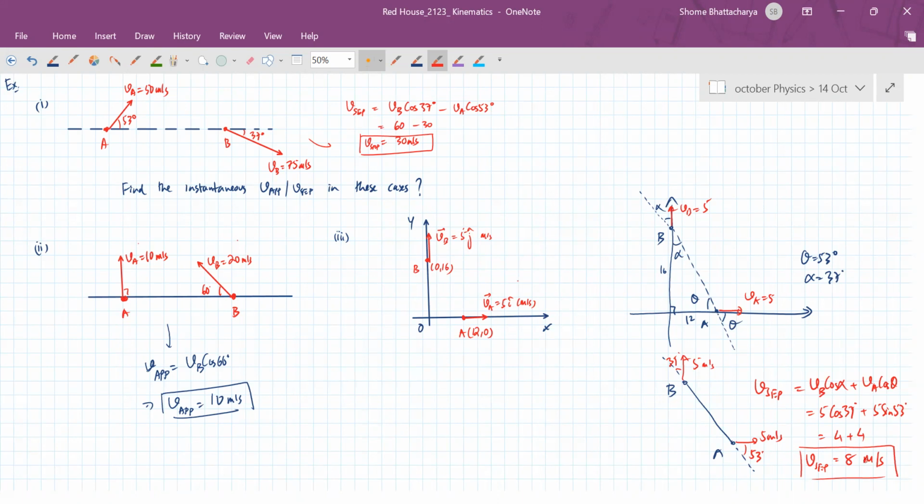Sir, why will we take sine 53? I did not understand that part. Sorry, my mistake. It is cos 53. It's cos theta, no? I just made a mistake. So yes, thanks. That should be cos 53 and not sine 53. So yes, the answer will become 7 in fact. That's the same answer that you got.